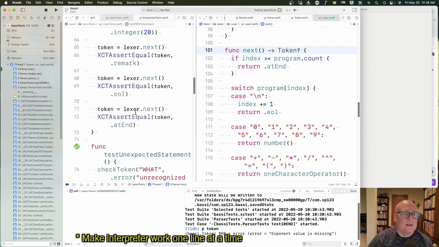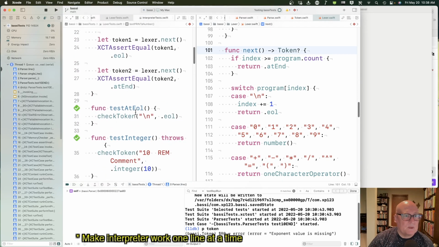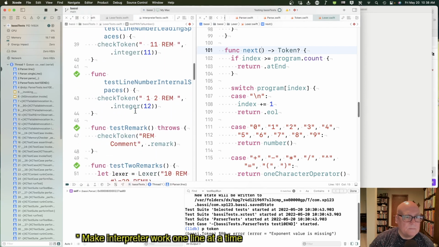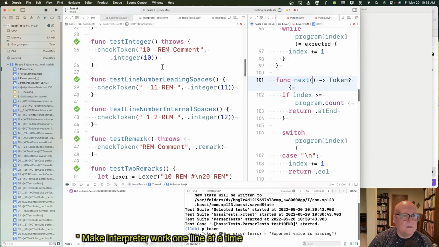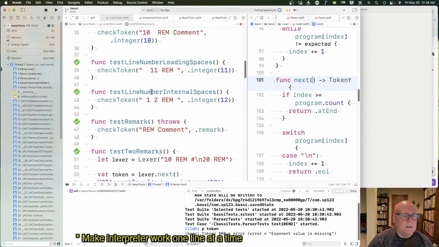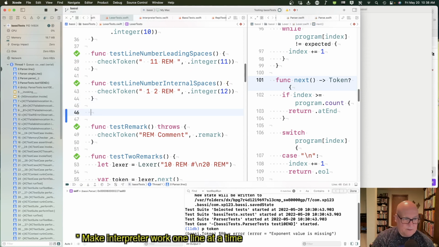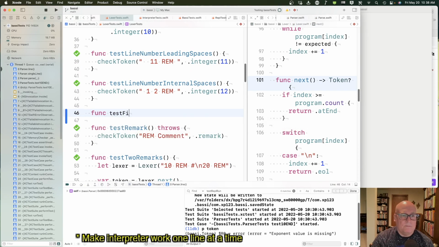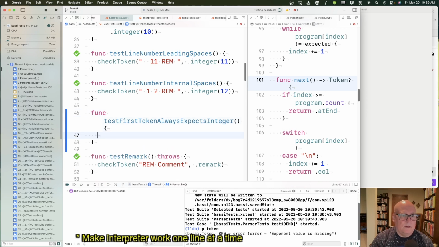Okay, so let's do some Lexer tests. We did some line number stuff. Let's see. Line number internal spaces. Okay. Remark, line number leading spaces. Yeah, I think at the beginning of line numbers. Okay, so let's say func test first token always expects integer. Okay, and so if you check token,